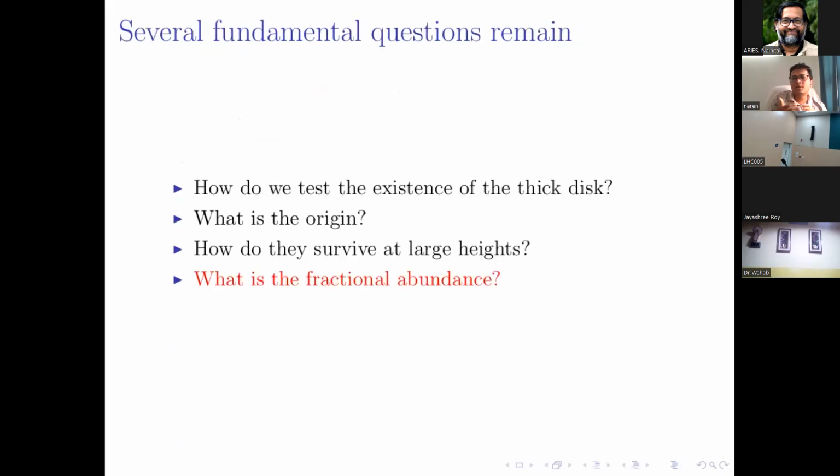The immediate questions that come up after this picture are: how do we test it? Of course, it is explaining the observations, but is there any direct observational evidence? Second, what is the origin? How can you produce this low density molecular gas, and how does it survive at such large heights? If this low density molecular gas is quite high up, there will be a lot of interstellar radiation trying to dissociate it. So how does it survive at this large height? And what is the fractional abundance, that is, how much gas is in the thin disk and how much is in the thick disk? In particular, I have addressed this question